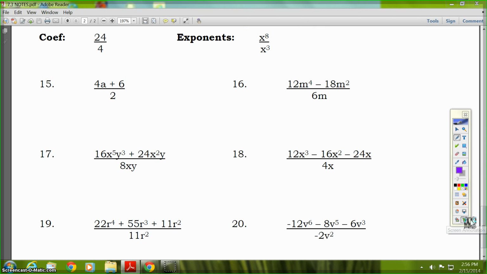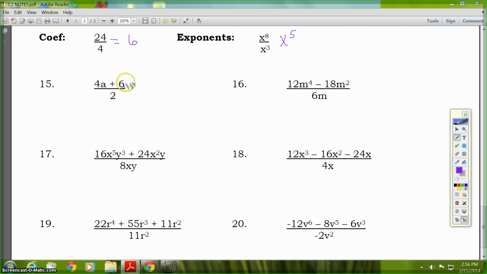When you divide coefficients, you divide them normally, so 24 divided by 4 is going to equal 6. And just a reminder, when you divide exponents, you subtract the exponents, so it's going to be x to the 5th. So what you might want to do is when we have 4a plus 6 divided by